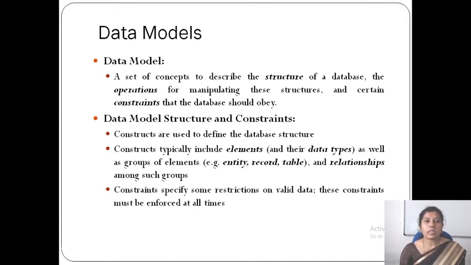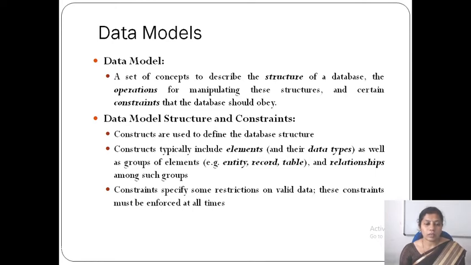And when you are defining these properties, you have to tell what is the data type of each element or property. For each property you have to tell the data type. If you take ID, then it must be an integer. If I say name, then it is a set of characters. And salary can be defined as a decimal or real number. So like that you will be specifying the data types.